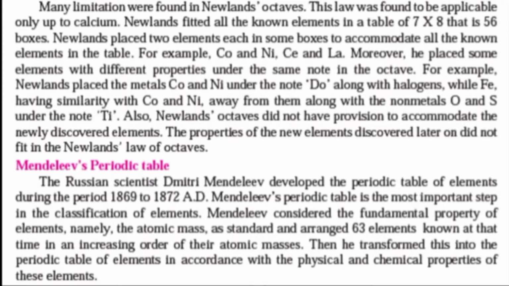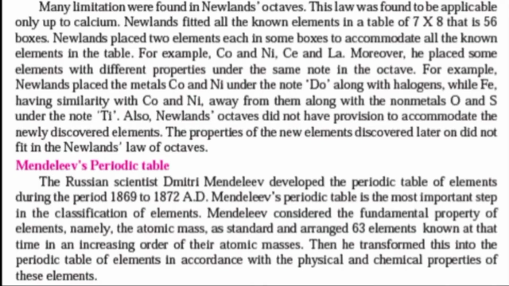Later on, the Russian scientist Mendeleev put forth the important step of classification of elements during the period 1869 to 1872. Mendeleev considered atomic mass as the fundamental property for the classification of elements. During his time, about 63 elements were known. He arranged these elements in the increasing order of their